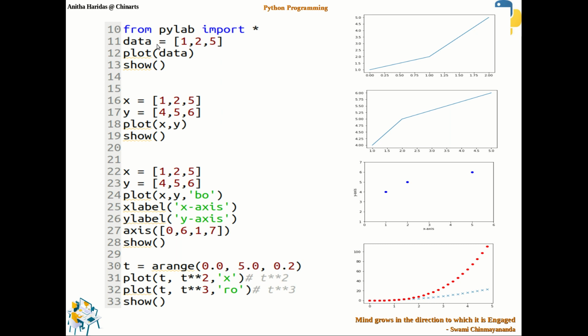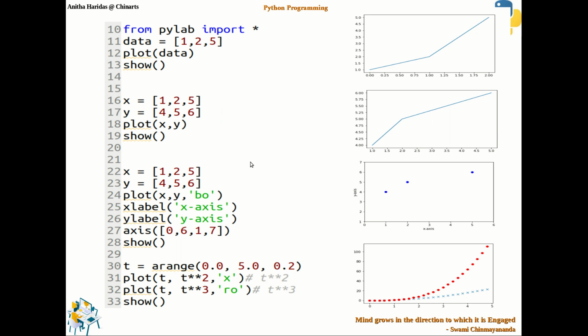Here in this graph I am using only one data set. Suppose you want to have two data sets like X and Y, you can make use of two data sets for plotting. So here you have to create two different lists, and using these two lists I can create a plot like this. Then, as I told you, by default it is always going to create a line graph, and that will be in blue color. So blue color and line graph is the default plotting.